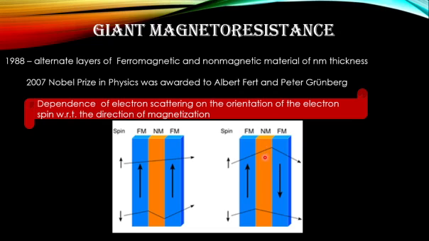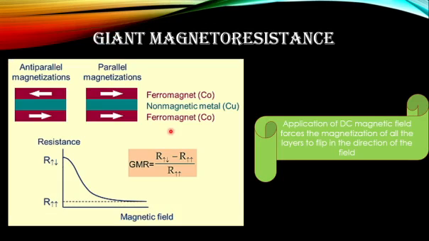And once it reaches the interface between non-magnetic and ferromagnetic material, what will happen? There is an opposite nature for the magnetic moment, and hence it will experience a scattering. So you have to keep in mind that if the magnetic moments of the alternate layers are oppositely arranged, then whether it be upspin or downspin, both the electrons will feel the same amount of resistance. So that is shown here.